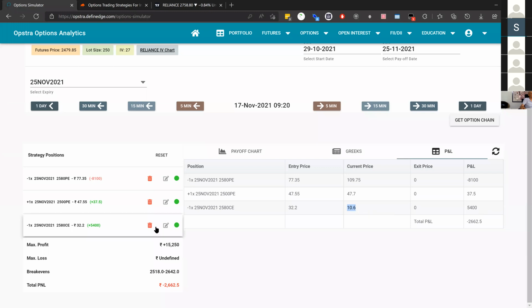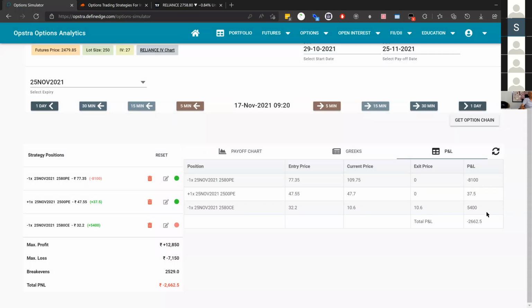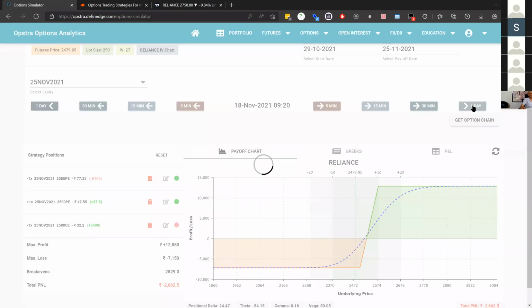Okay, so what you can do is you can click on this button and you can enter the price as 10.6, click on modify, and it will be closed. That particular leg is closed. Okay. Now, if you move ahead, okay,